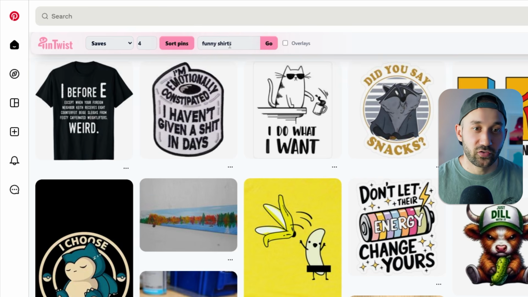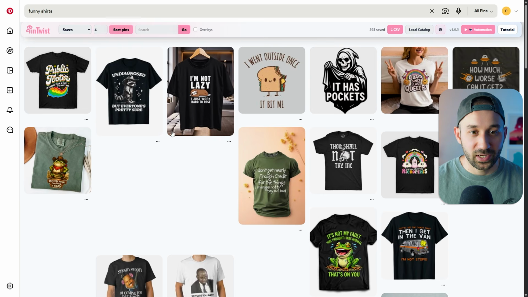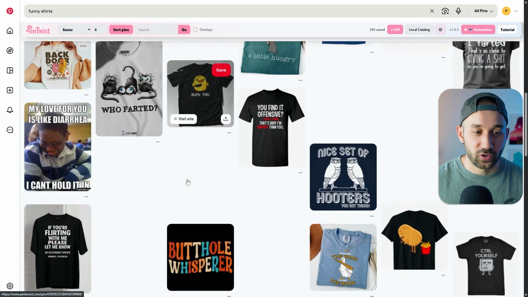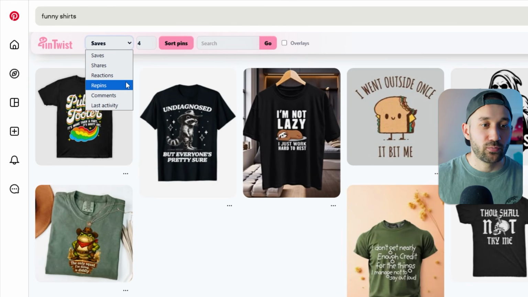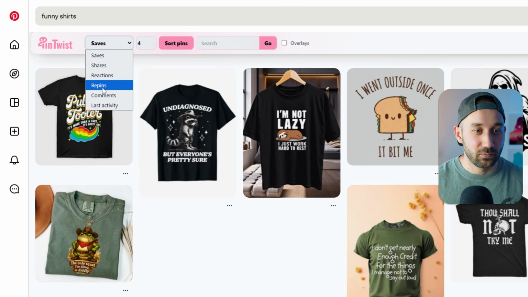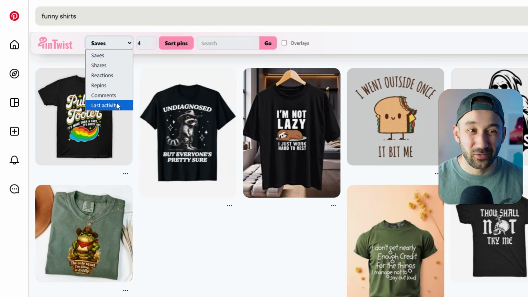You can go to different categories and just hit go right here, and it's going to search once again through multiple pages. If you click sort pins right here, first of all, it just filters out what you search for. So this is funny shirts in this case. And you can also have it sorted by different stats. So if you prefer to see the most pinned pins, the ones that have been repinned the most or commented on the most, or maybe ones that were last active,